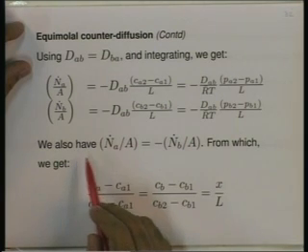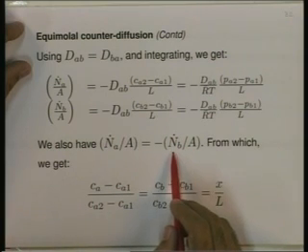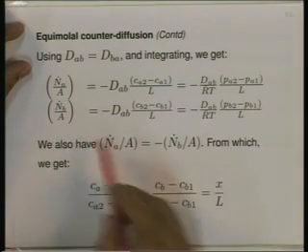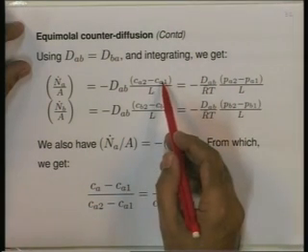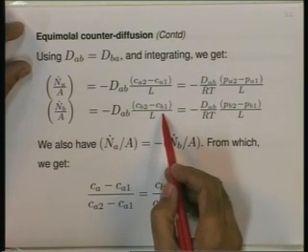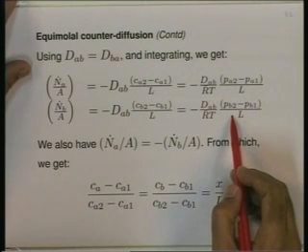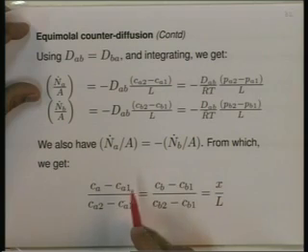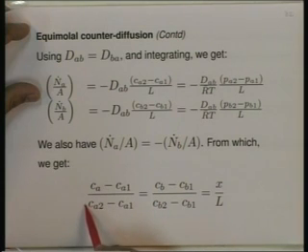But we also have the molar flux of A equal in magnitude, but opposite in direction to the molar flux of B. So, this is the negative of this, from which it makes sense to relate Ca2 minus Ca1 to Cb2 minus Cb1 and Pa2 minus Pa1 to Pb2 minus Pb1. Again, integrating it not from x equal to 0 to x equal to L, but from x equal to 0 to some intermediate value of x, we get